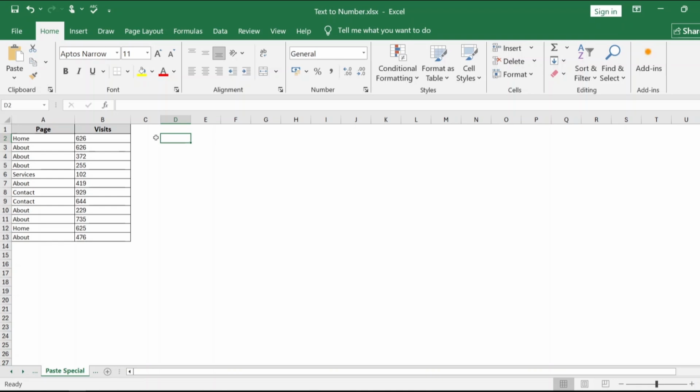Method 2 is by using Multiply with Paste Special. This method multiplies text values by 1 to convert text to numbers. First, in a helper cell of your choice, in this case C2, type 1 and reselect the cell and press Ctrl+C to copy it. Next, select the cells that need to be converted, in this case from cell B2 to